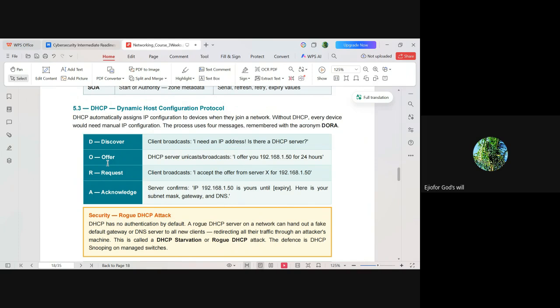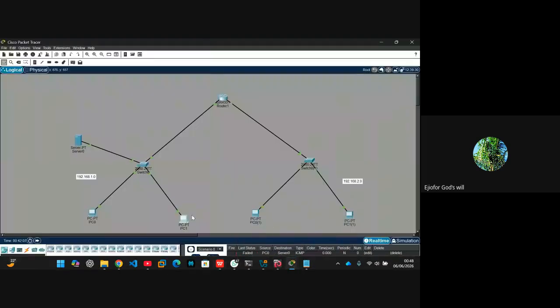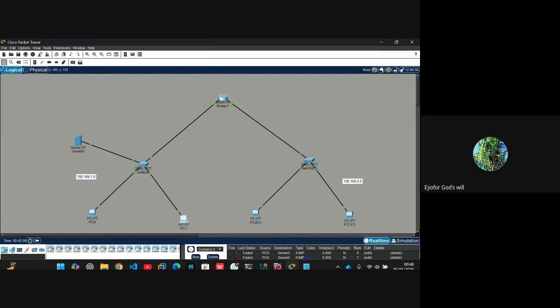When a client wants to connect, the first thing is that the client broadcasts, I need an IP address. This guy shouts, I need an IP address, to the DHCP server. He sends a request to the DHCP server. I think I have a note on this. I think it's called